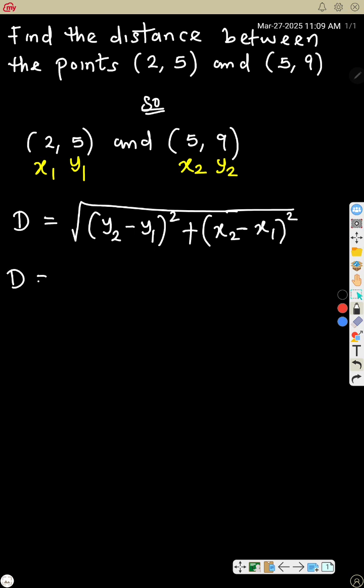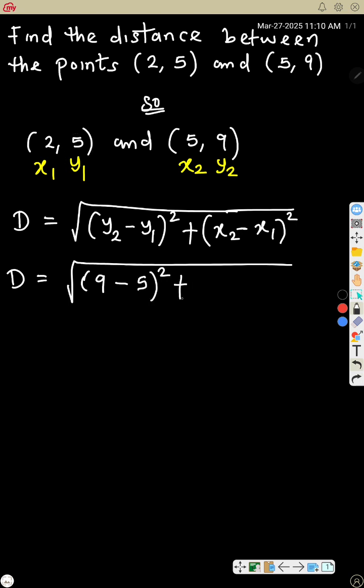So distance is equal to the square root of, now y2 you can see here is 9, just substitute. So that will be 9 minus y1, that's 5,